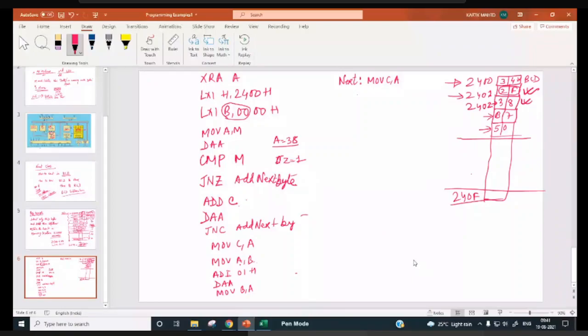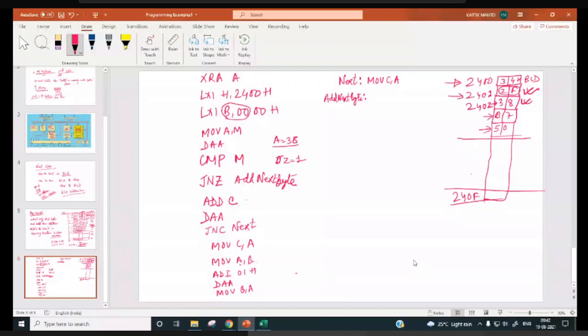It will jump over here. Then here it will be add next byte. Right. So we will go for adding the next byte. So it will be INX H.